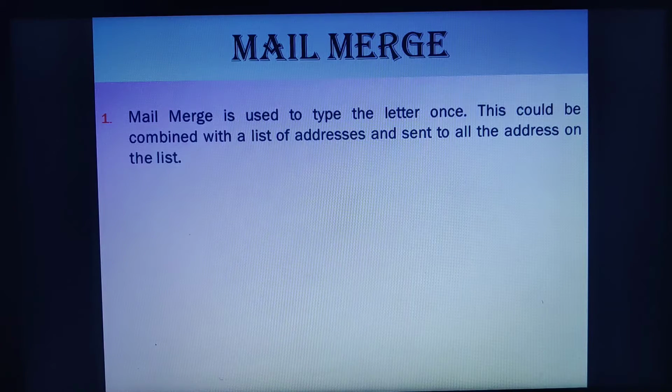See, manually, every time you need to write the letter, you need to write the to, from, again you need to write the subject, and the content. That's how we usually write letters to n different recipients manually. But by using the mail merge option, you can write the letter once and send